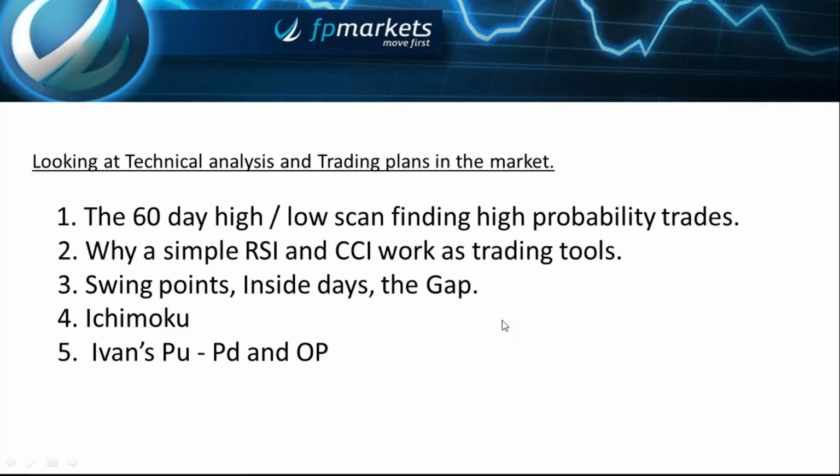One of the ways that we can approach the market is with a 60-day high scan. This is something that I talk about incessantly during the year, and also deviations of that, 50 days and 30 days, that type of thing. We're going to have a look at a simple RSI and CCI as they work together. Going to discuss swing points, inside days and the gap along the way, and I might have a quick look at Ichimoku,